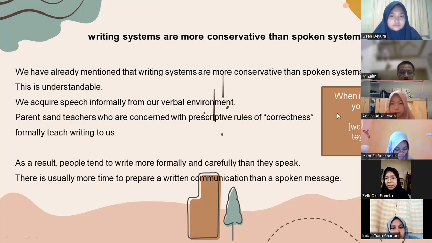For example, another way in which writing differs from speech is in writing's inability to completely represent the suprasegmental aspects of speech. Here we can see the example: When is he coming to your house? However, a native speaker would not pause between each word. The speaker would say something like, when is he coming to your house? And punctuation, such as the question mark in the above sentence, and the capitalization aid in indicating intonation and rhythm.